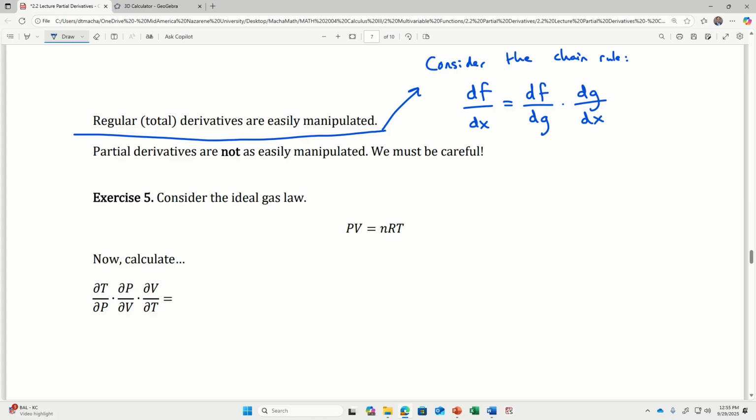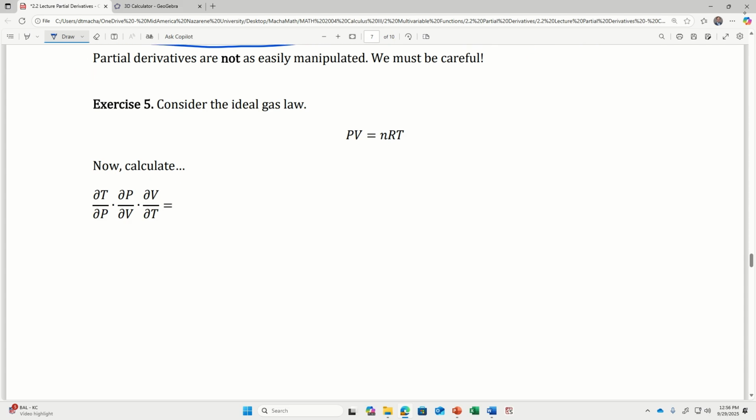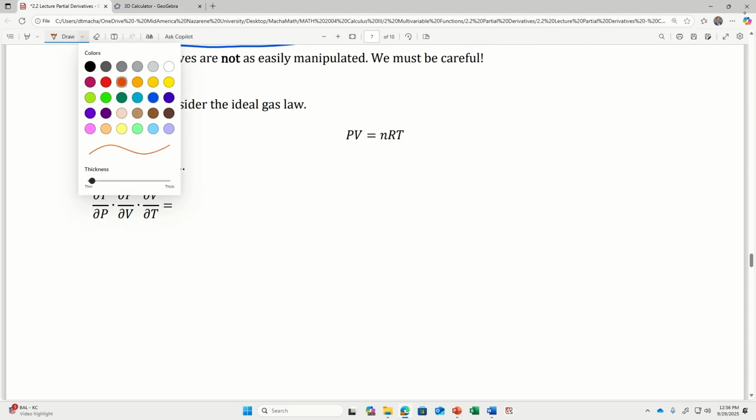Once you understand the derivative this way, you think, hey, that dg in the numerator and the dg in the denominator look like they could just cancel out, and then you've got df dx, right? That's what I mean by that. It's not really misleading at all whenever you write regular derivatives,